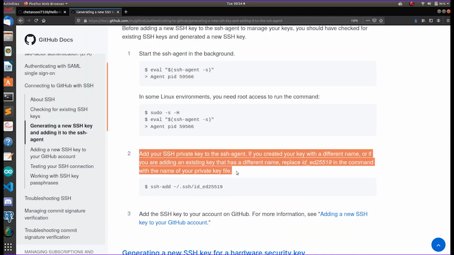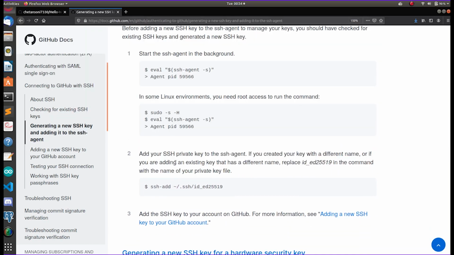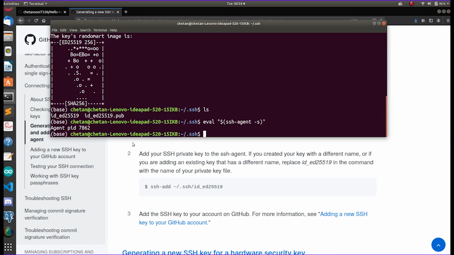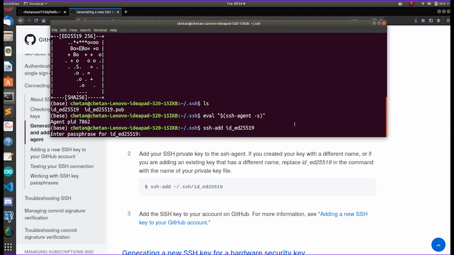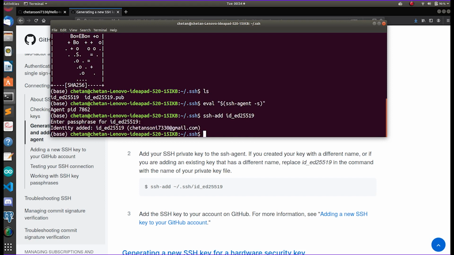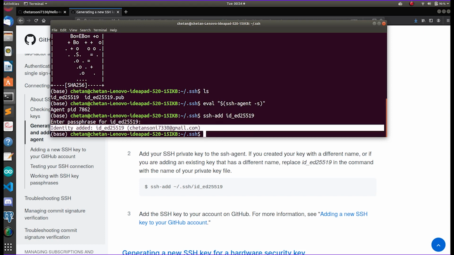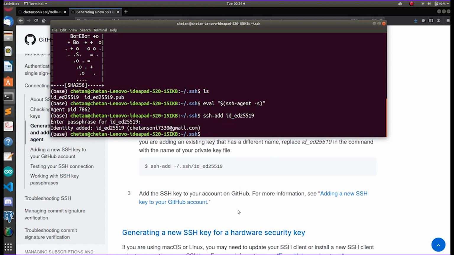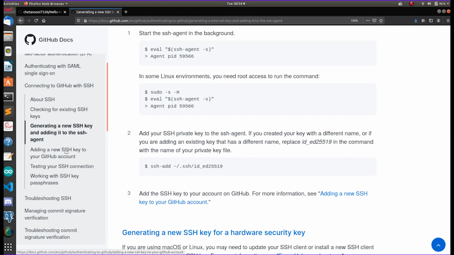Now let's add our private key into this SSH agent with the ssh-add command. This is my private key, I'm going to add this. Now we have to enter the passphrase as we entered just earlier. Added successfully. Now this part is done.